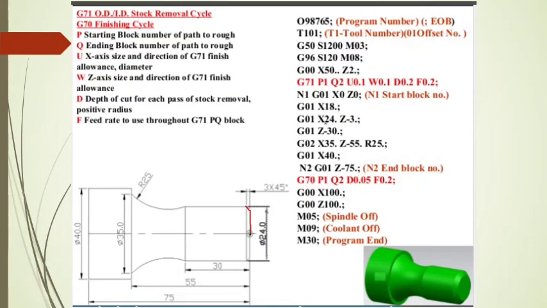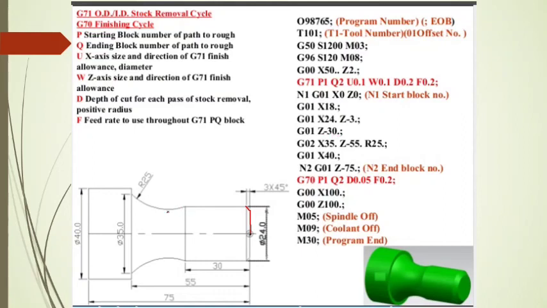Here, for this point, the X coordinate is 24 as given in the diagram and the Z coordinate is -3. Here you can see 3 mm is the thickness of this taper. That is why it becomes -3, because it is on the opposite side. In the same fashion, we need to write all the remaining dimensions. Now, the tool movement is only in Z direction. That is why we need to specify only the Z coordinate for the next line, that is Z -30.